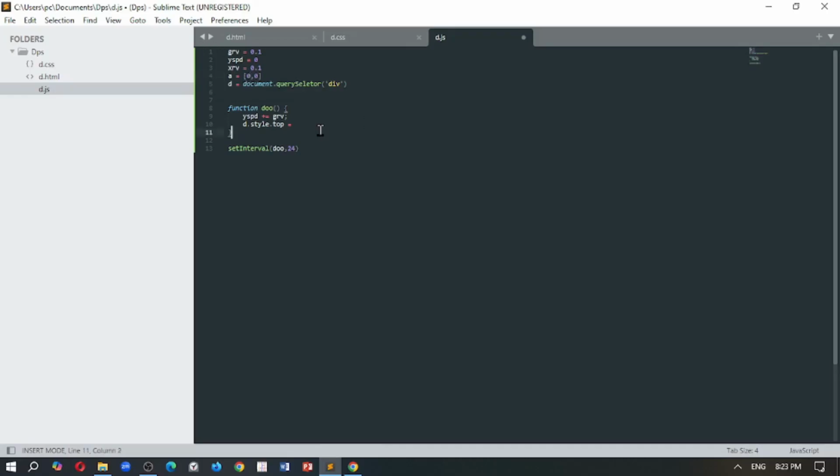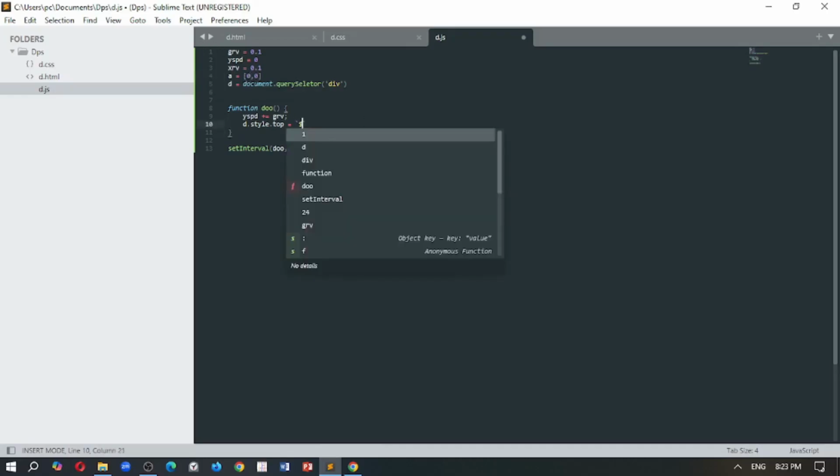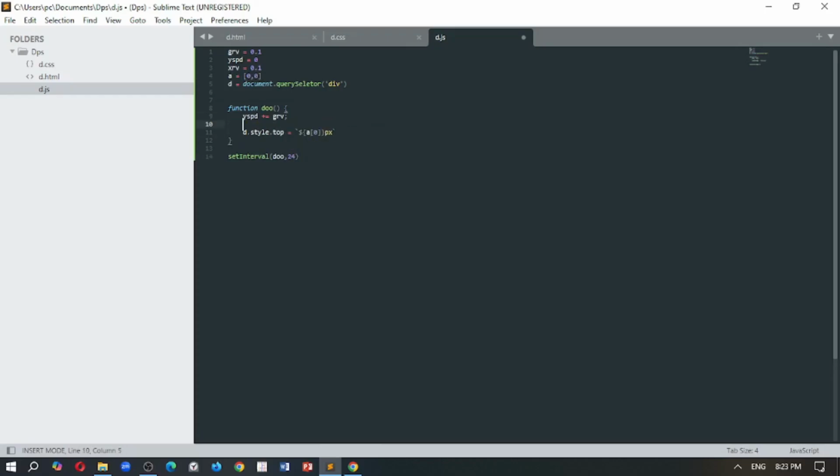These are the x and y position. A 0 pixels, and then a0 plus equals y speed. Now this should work,